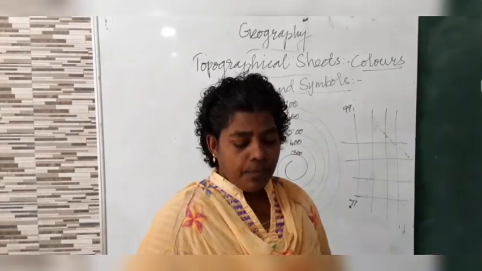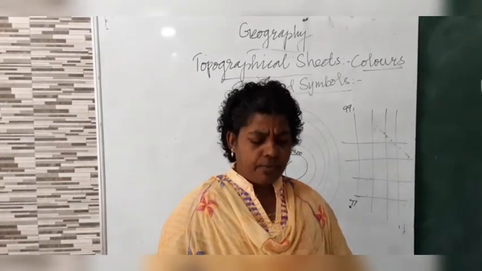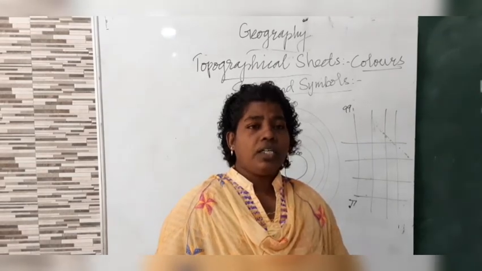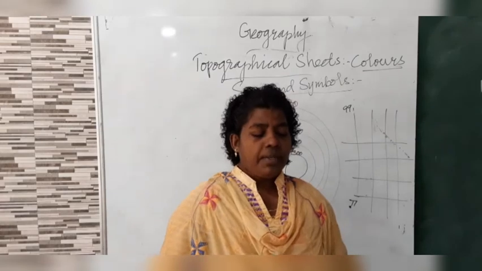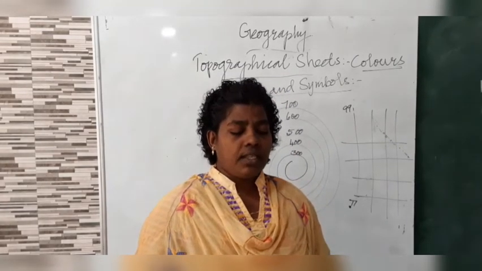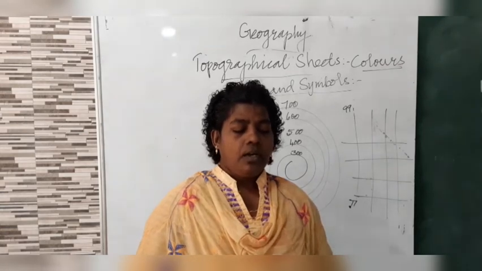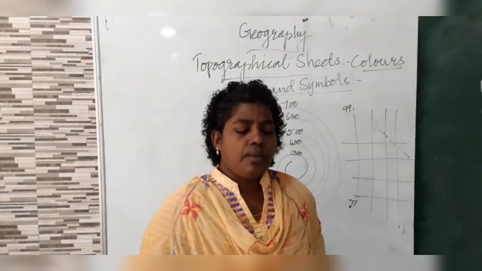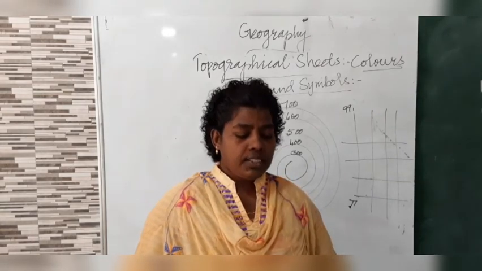Did you understand? Now take your book, turn to page number 15. Under the subheading important points, one box is given, no? There permanent and temporary settlements are there. There you can mark D7. In important points, two subheadings are there: temporary settlement and permanent settlement. You can mark it as D7.